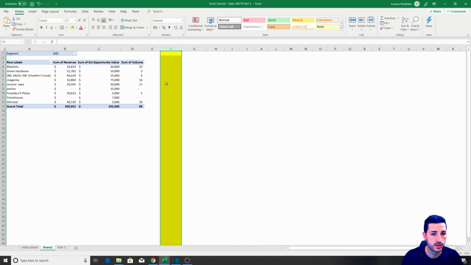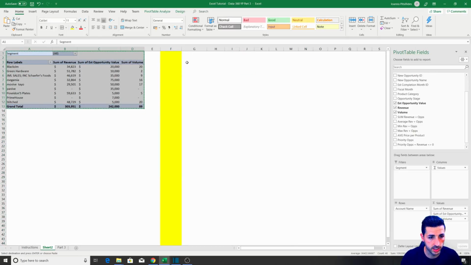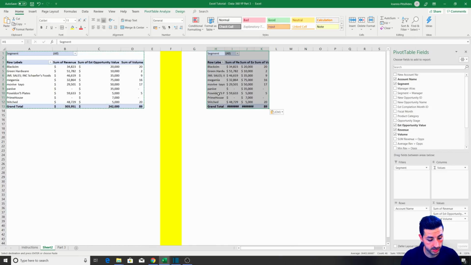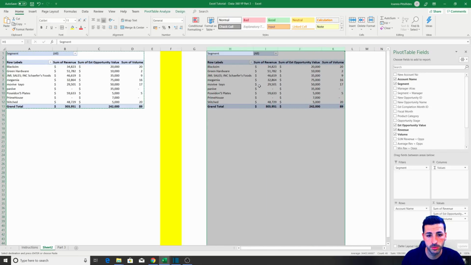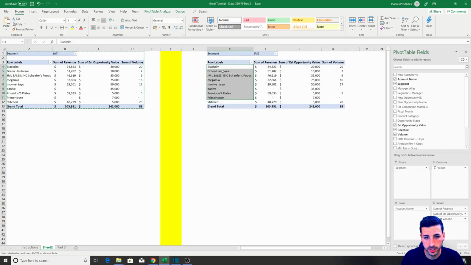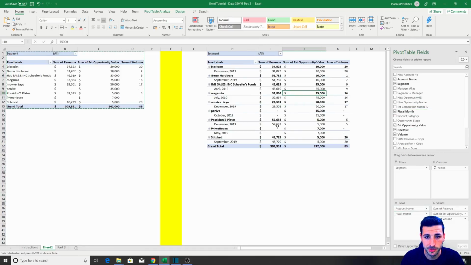Right, I'm going to put this yellow line here as separation, and copy. I can Control C, Control V the pivot table, so I copy and paste it. Now I can change it. Assuming I want to see the account, and next to the account the estimated month, the fiscal month that the opportunities are going to land, I can find fiscal month and drag it under account name. What this did is basically create subtotals. So this is the account and this is the month that the opportunity is going to land.